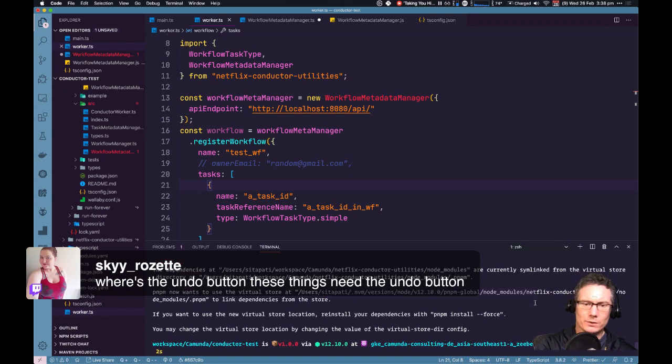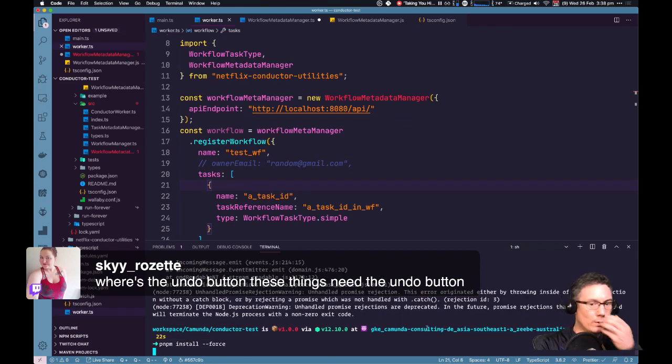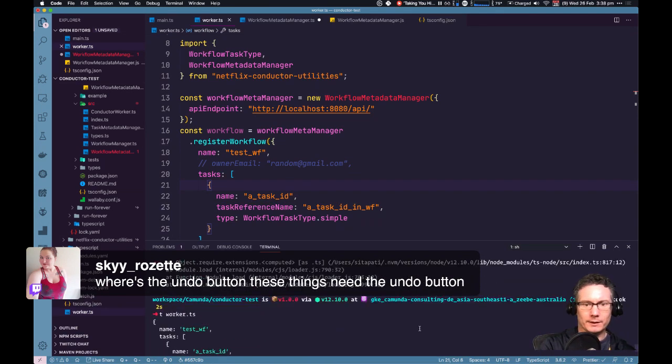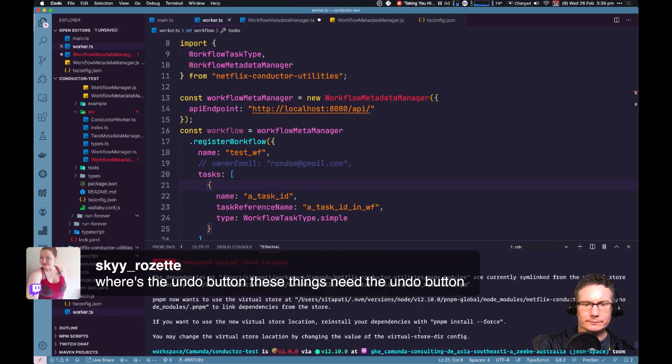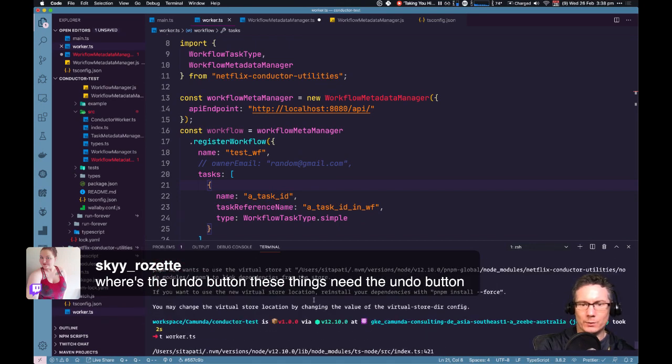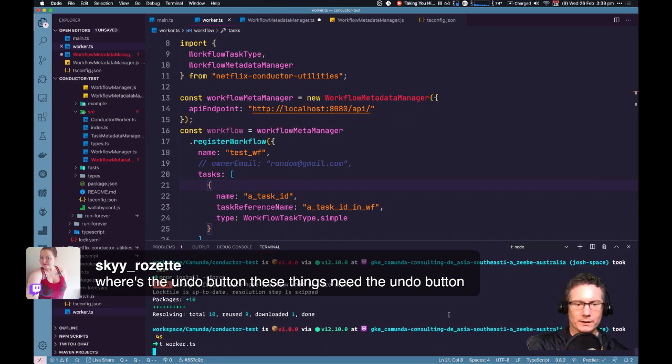If you want to use the new virtual store location, reinstall your dependencies with... It doesn't tell me where to run that command, here or in the other package. It doesn't tell me where to change that config either. Solid 2 out of 10 for usability.